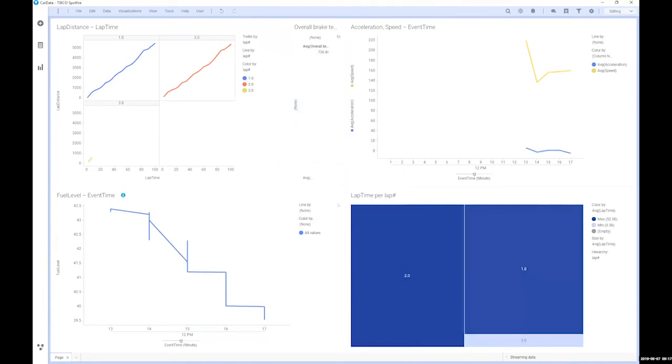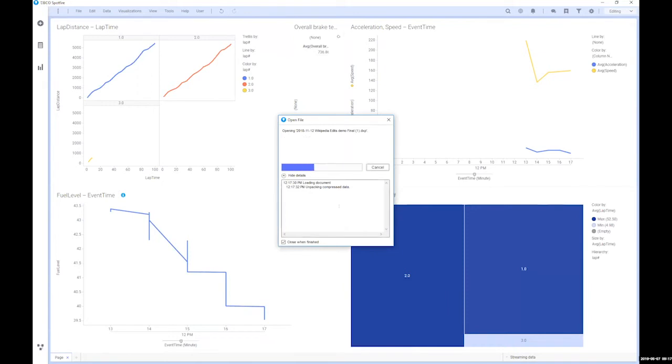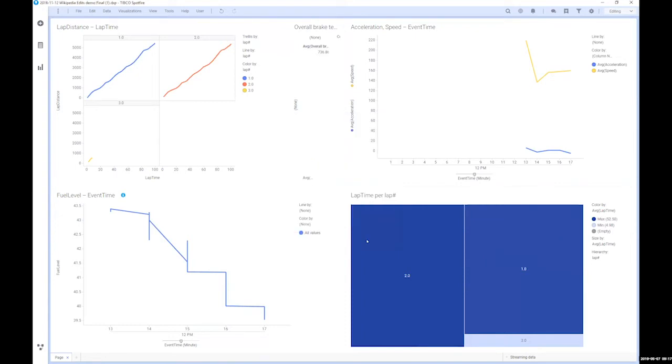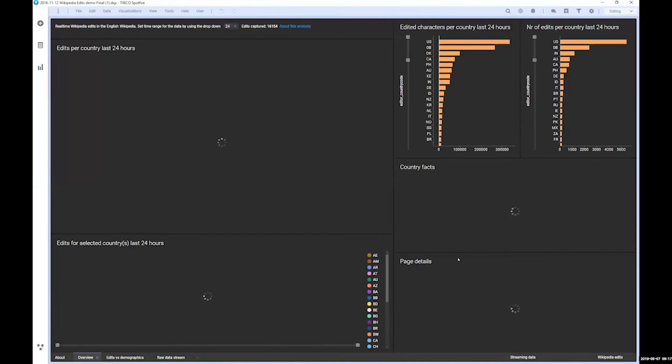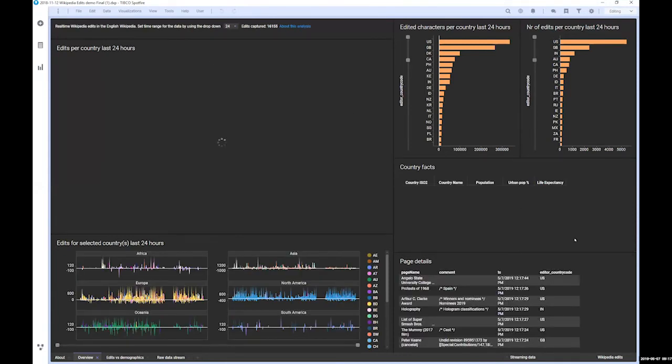So I just wanted to show you guys quickly. This is that same Wikipedia demo I downloaded a moment ago. Okay, awesome. So this is that same demo data, and